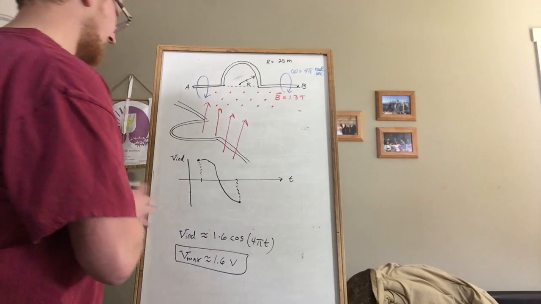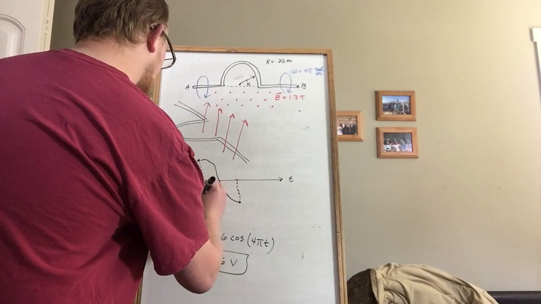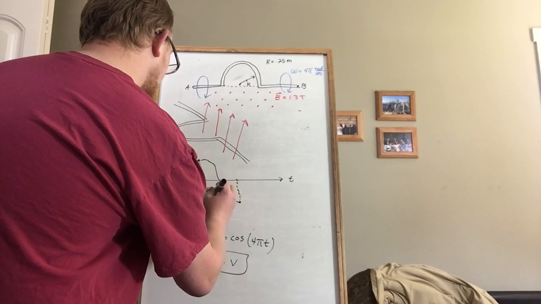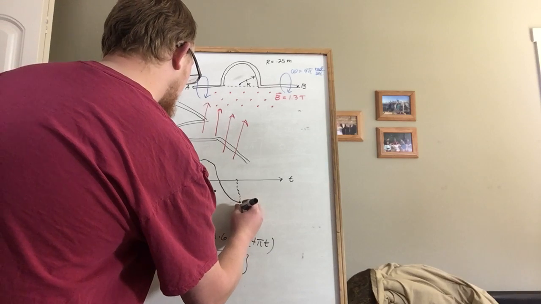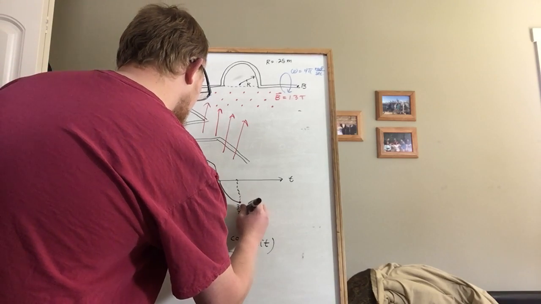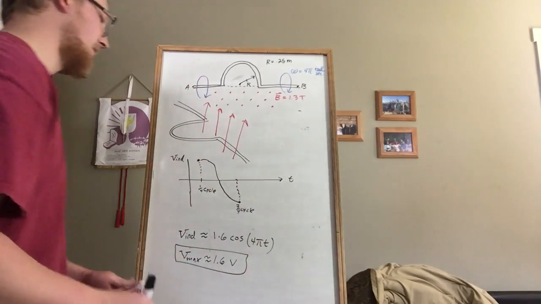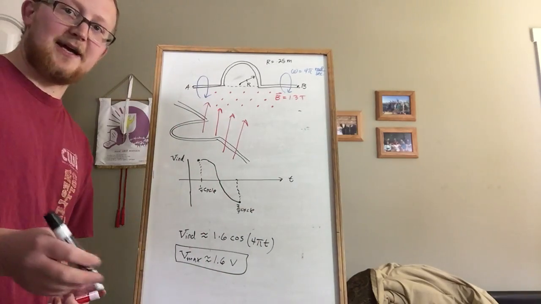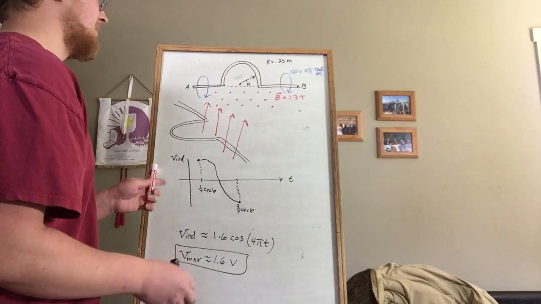This is at the 1/4 of a cycle point, and this is at 3/4 of a cycle. We haven't calculated how long a cycle is just yet, but it's not really too important,